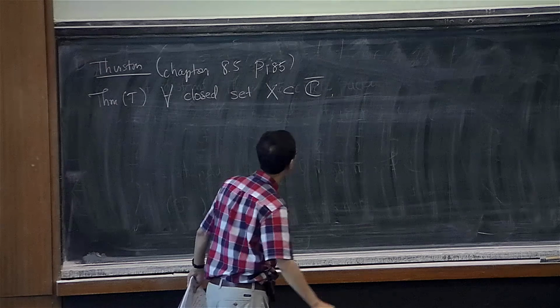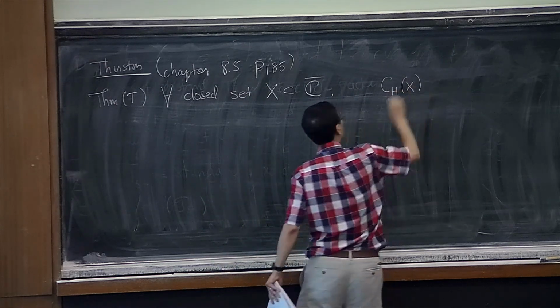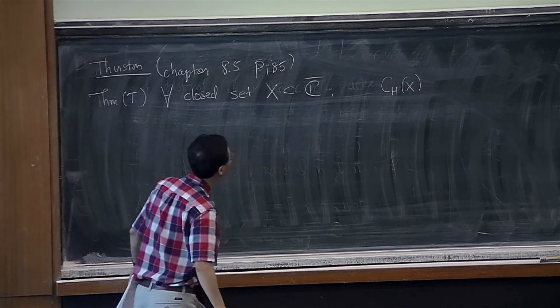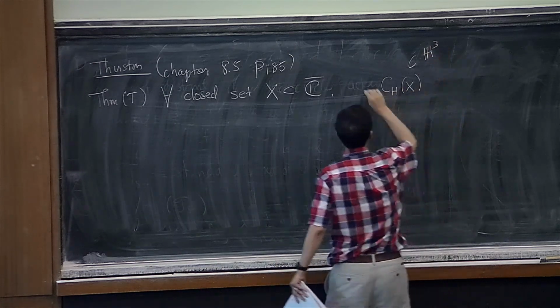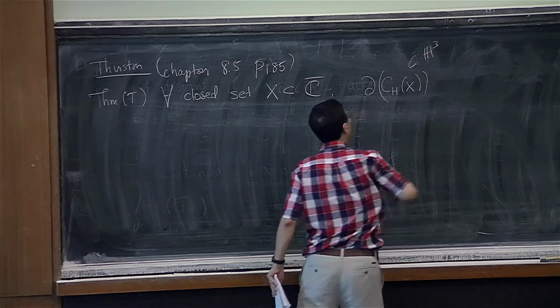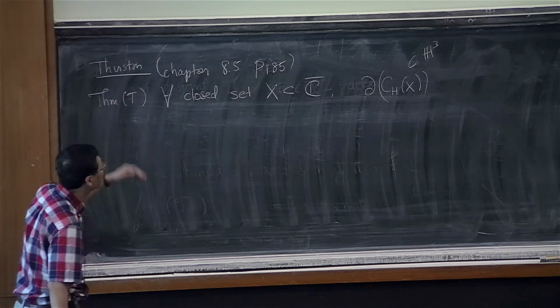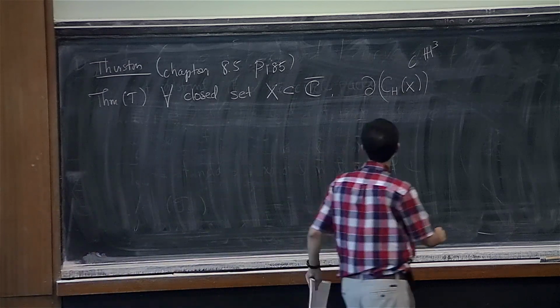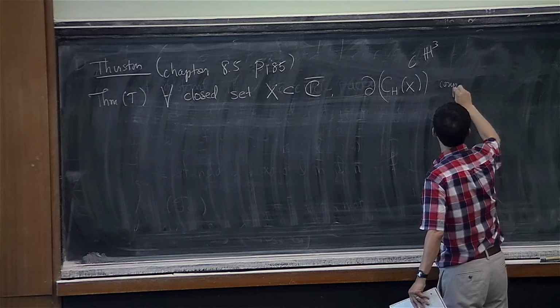Now you can take the convex hull of the closed set in hyperbolic three-dimensional space. This is a convex set, and you look at the boundary of that. So this will be some surface, a convex surface. And the Thurston theorem says that this is a complete hyperbolic